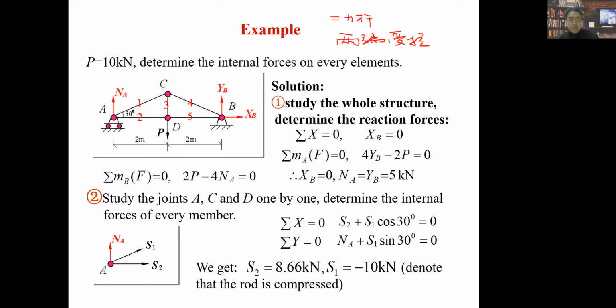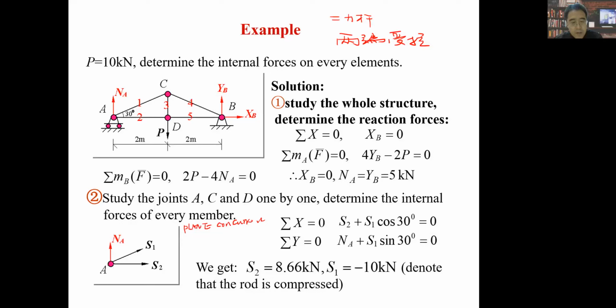Indirectly. So you can find that when we select knot A as the object to study, this knot also should be in a state of balance, an equilibrium condition. So it's very simple. Do you guys still remember planar concurrent